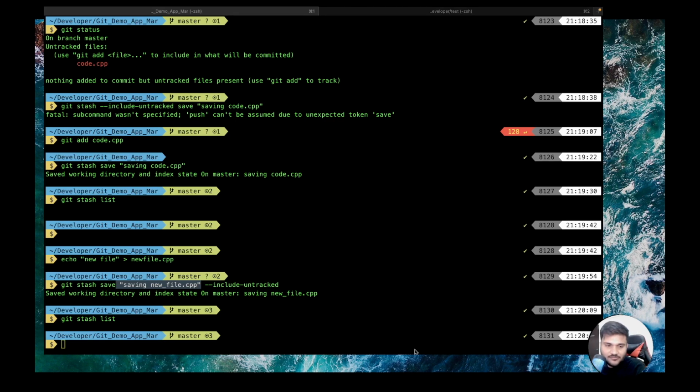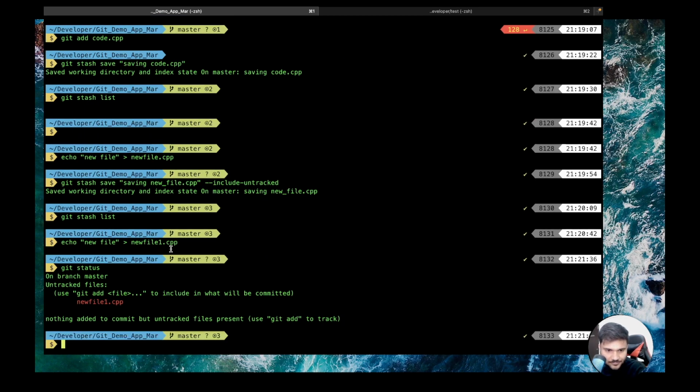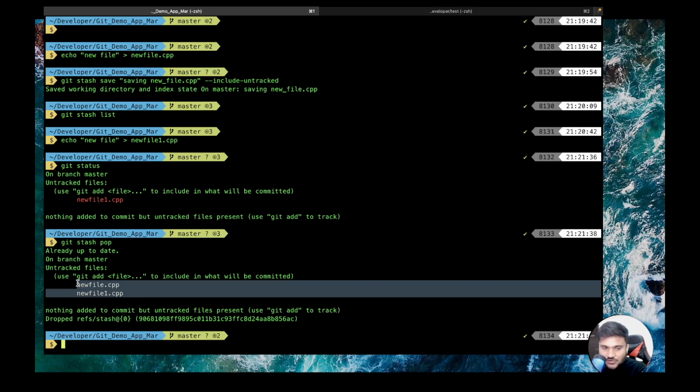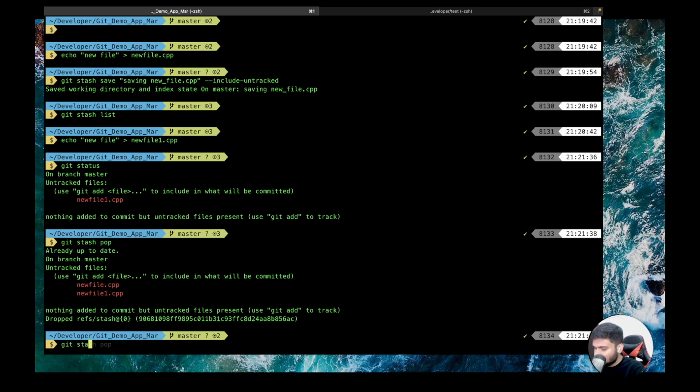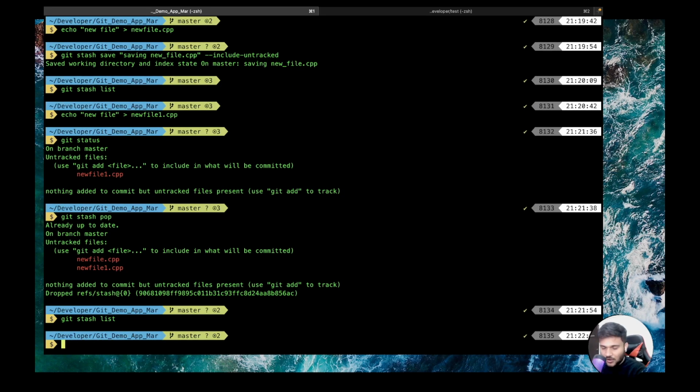Yes. So let's say there is a new file. Now I want to add this file to my last stash. What can I do? As far as I know, you won't be able to do it directly, but you can technically do a hack here in order to do it. What you can do is git stash pop. The moment you do git stash pop, it is going to bring back the changes of your last stash. If you do git stash list, you can see your last stash is now gone. And now you can create a new stash.